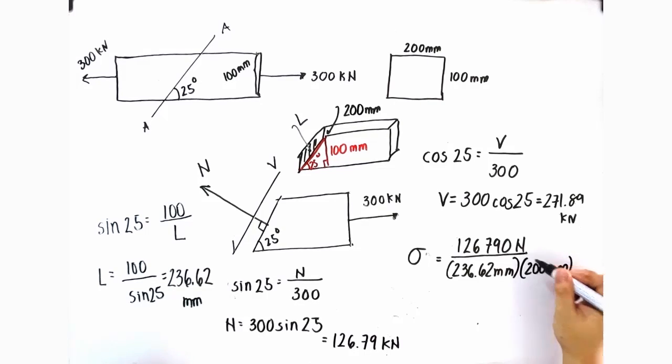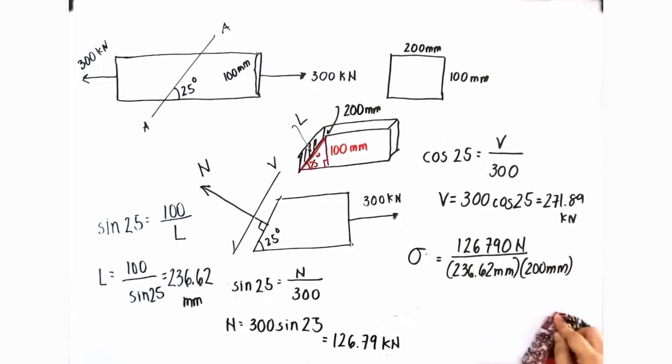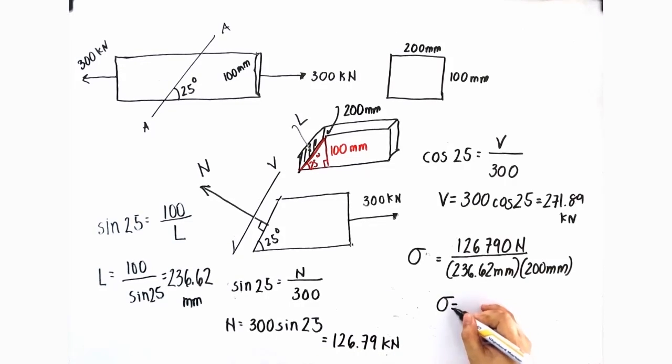So our unit is Newton per square millimeter, which, as you all know, 1 Newton per square millimeter is technically equal to 1 megapascal of stress. This answer is equal to 2.68 megapascal. So the normal stress on section A-A is simply equal to 2.68